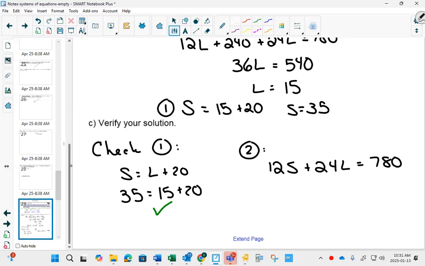I'm wondering how formal do you want to be? Some teachers, later on in grade 11 and 12, would actually deduct you a mark for what I did here. If we wanted to be really formal, we would